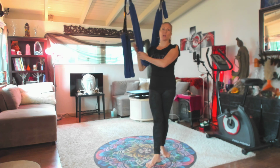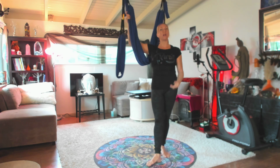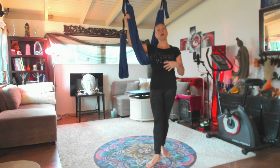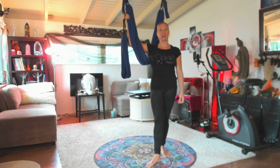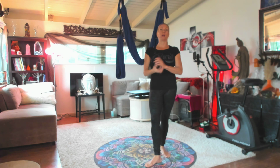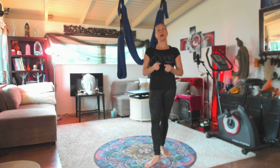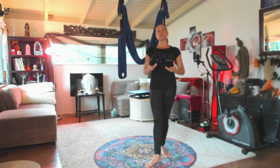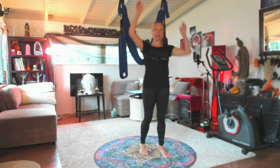It's a thick sweatshirt material, a cotton lycra blend, so it makes it more comfortable to hang in positions that can help open up the connection between the muscle and the skin called the fascia. And so it's the tension on the surface of the skin that usually contracts and suffocates the muscles, and that tension is wrung out by hanging, and we're using gravity as our most abundant force to open up the body. So I'm going to get into a couple positions and show you how I use the swing to